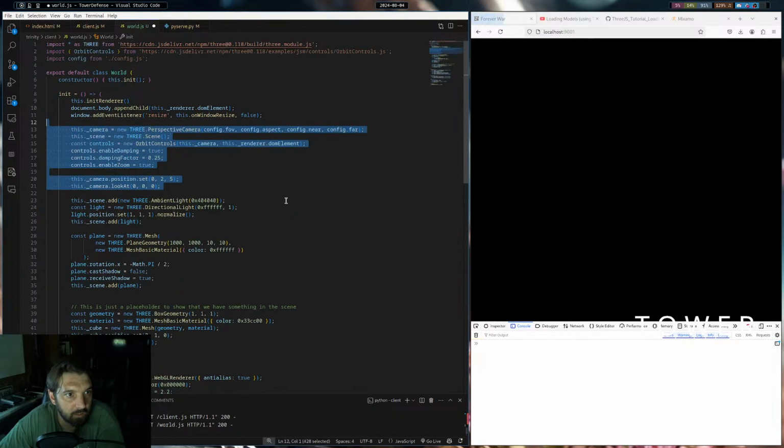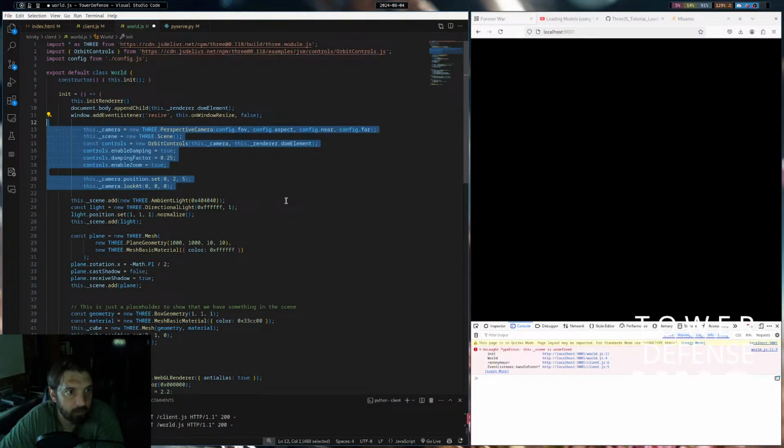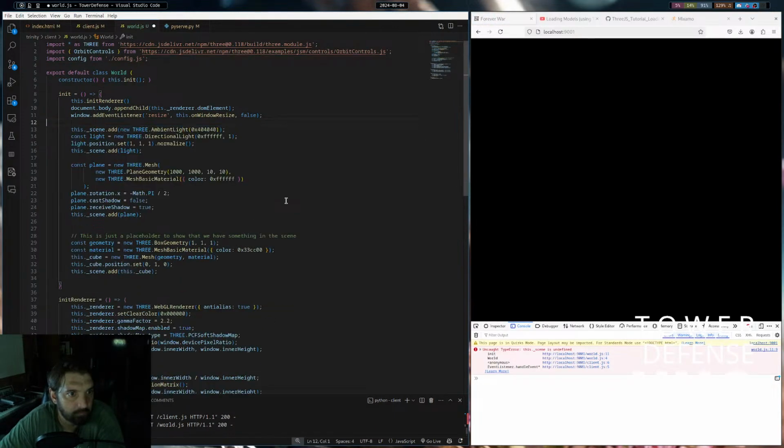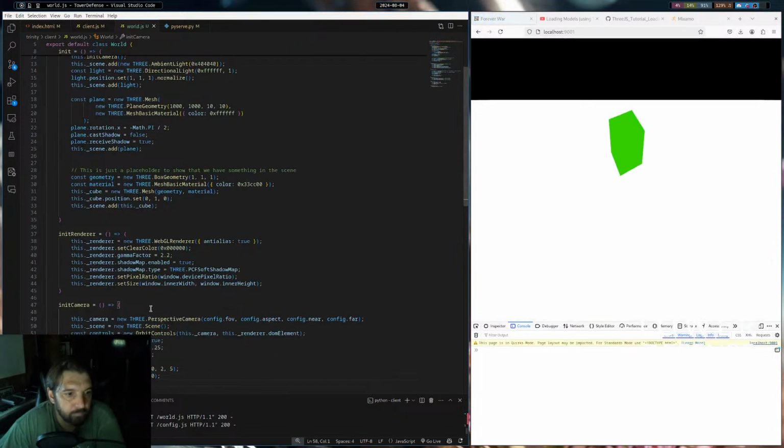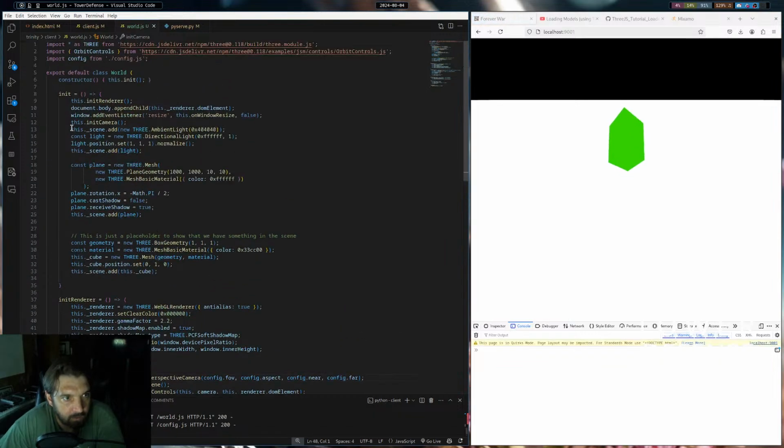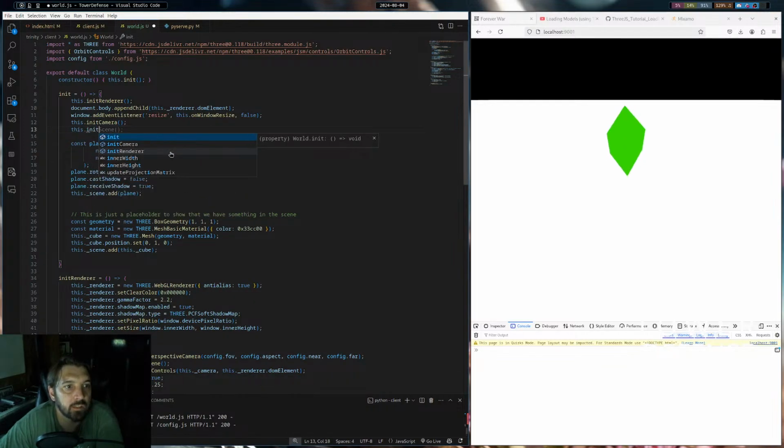We will say this dot init camera. And then we will say this dot init light,